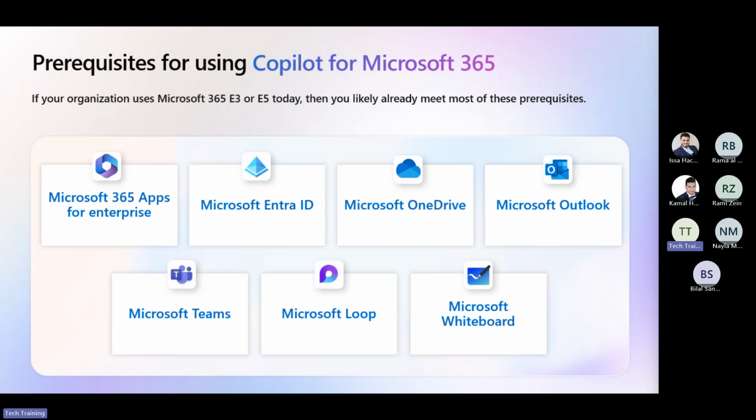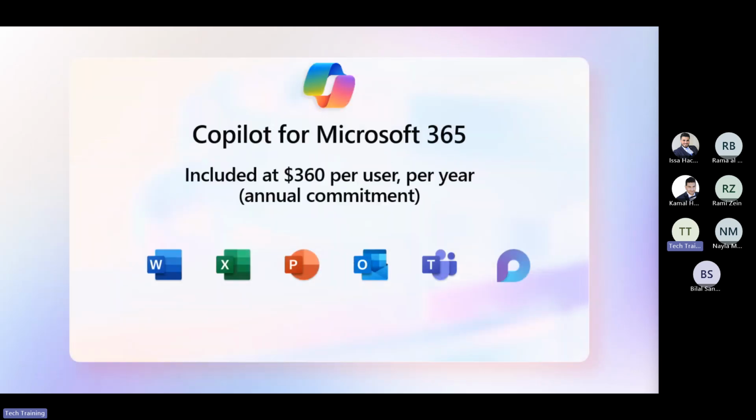You should have Microsoft Outlook, the new or the old, both are supported. Microsoft Teams, the new version, and I guess very soon it will be supporting the old version. If you have Microsoft Loop and Microsoft Whiteboard. So all of these should be as prerequisites. Copilot for 365 included